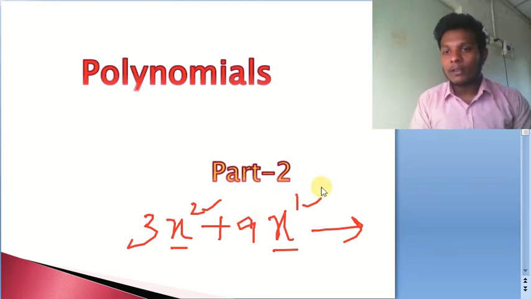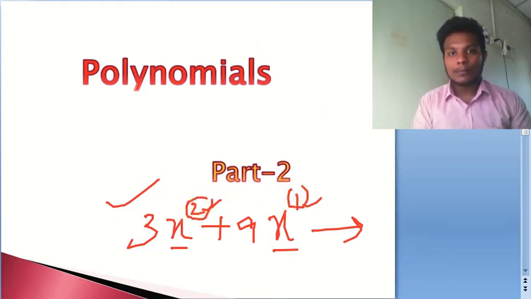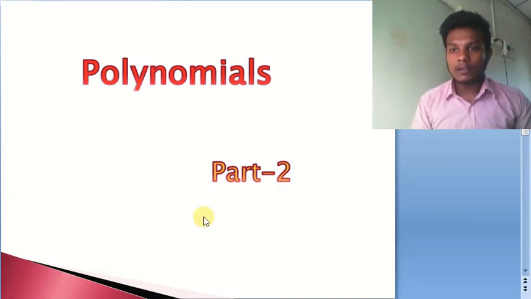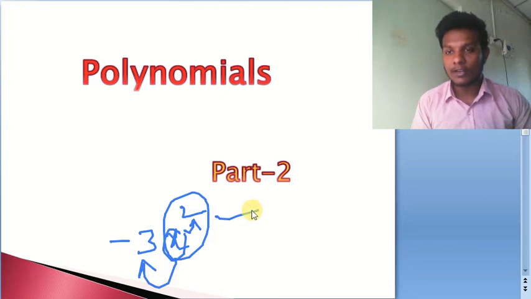So remember, the basic condition that is needed for an algebraic expression to become a polynomial is going to be on our exponents. If all the exponents are whole numbers, then very well it can be a polynomial. Just remember, we are focusing on only the exponents part. We also have seen how the terms can be labeled. Suppose minus 3x square is there. For this x square, this is going to be the coefficient, and for this x, this is going to be the exponent. This also we have discussed in our earlier session.